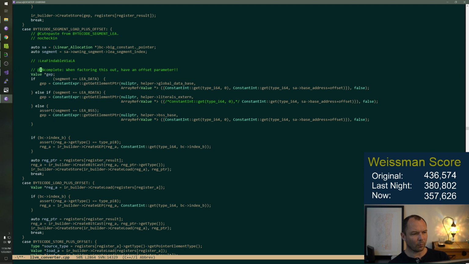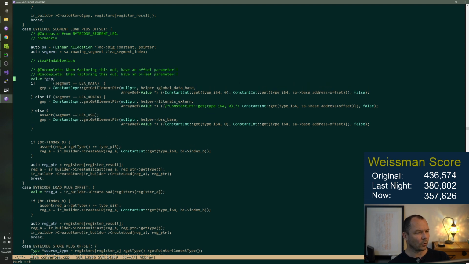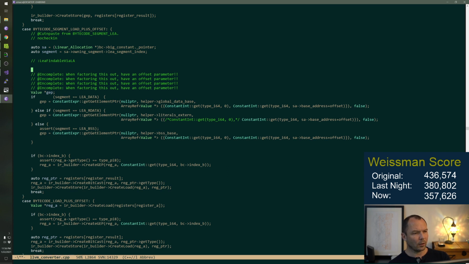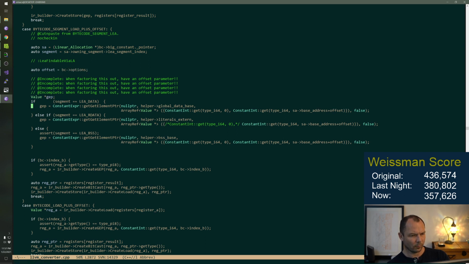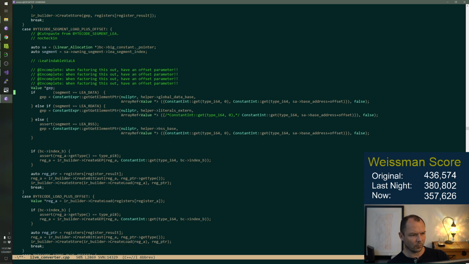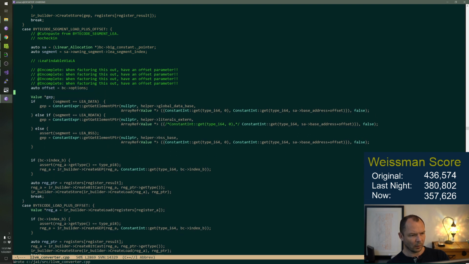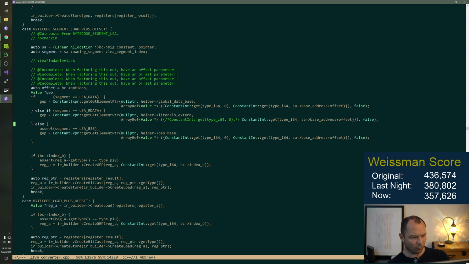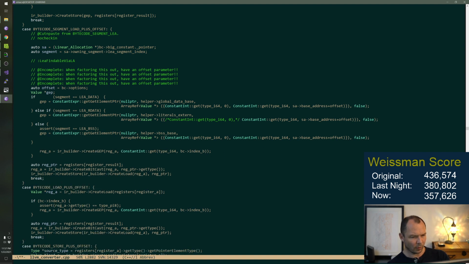We need that offset parameter. I'm going to make sure I see that. And, well, okay. Actually, let's put this down here so that we won't miss it. We get the offset. We don't use index B. What are you talking about?